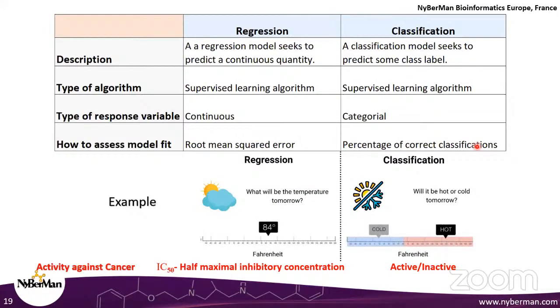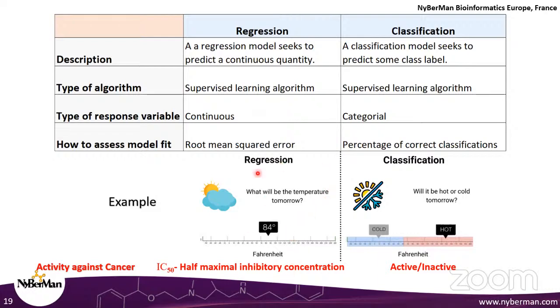To make it simple, I am asking the question: is the temperature hot or cold? What might be your answer? Either hot or cold, right? So this is classification type. As a supervised learning algorithm, it is categorical, yes or no type. Whereas regression is a continuous variable. For example, if I say the temperature is 24 degrees Celsius, 30 degrees Celsius, or 84 degrees Fahrenheit,